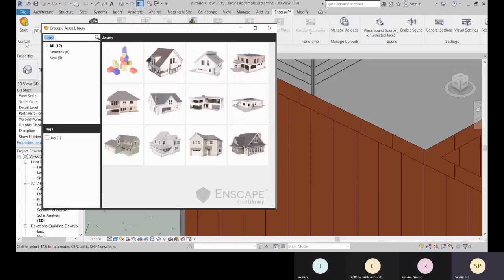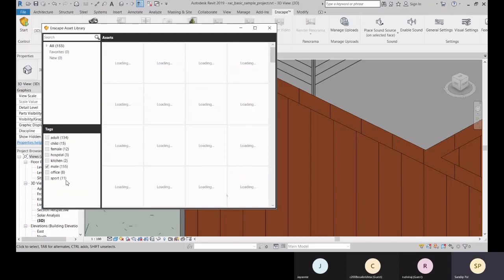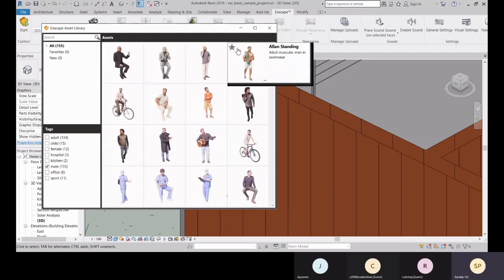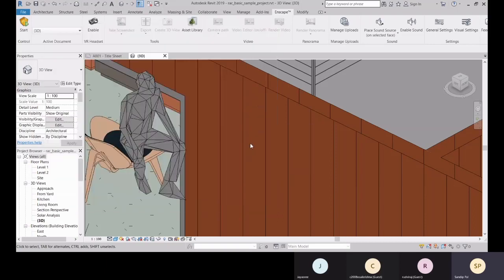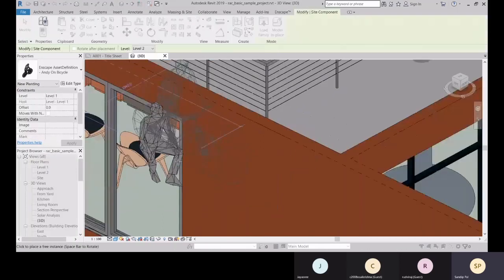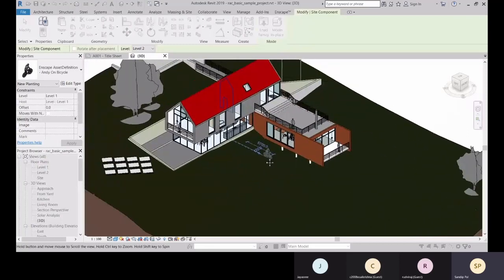There are some categories already there, so you can choose from here. If you choose male from here, from 155 items it will show you this list of assets. From here you can choose your assets. If you click on it, it will take some seconds to load, and after that you can place it.